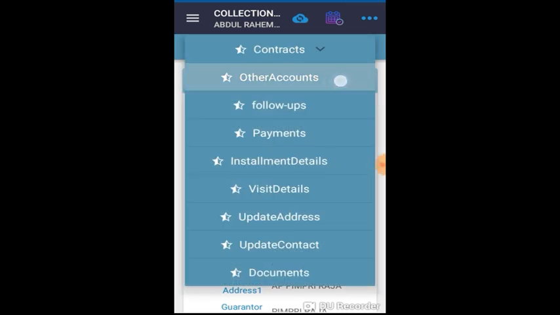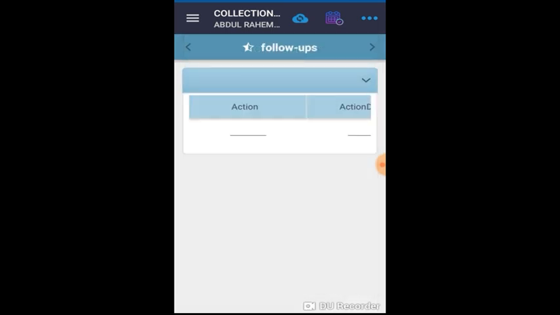So other accounts is nothing but all the other loans that this particular customer would have taken, and hence he has multiple accounts mapped to his name. You can see the details there. Now follow-ups are the entries that are already made by the executive regarding the follow-ups he or she has taken for this contract.